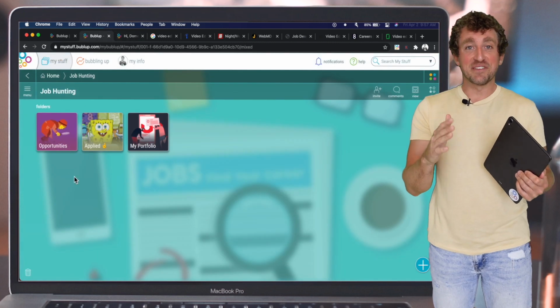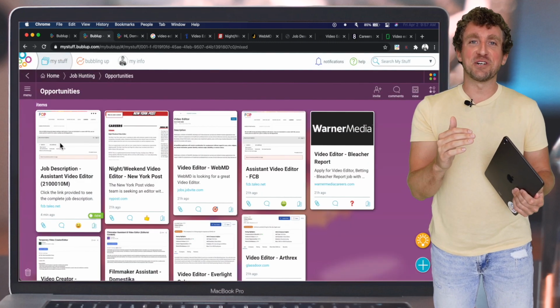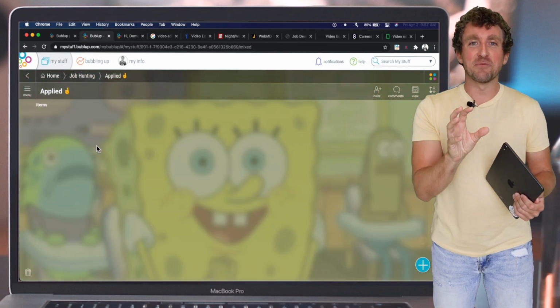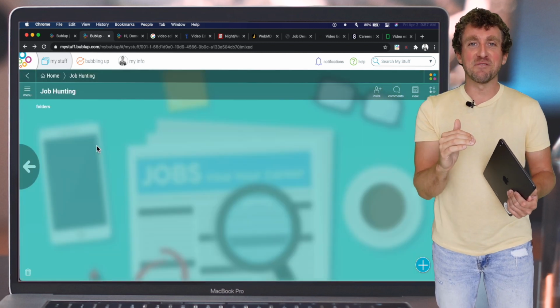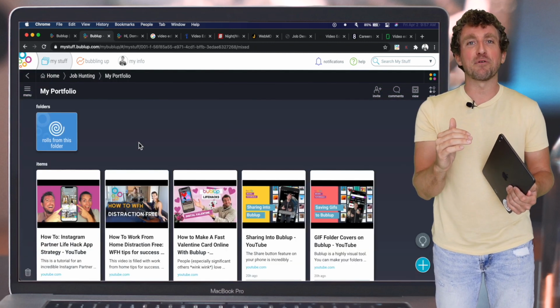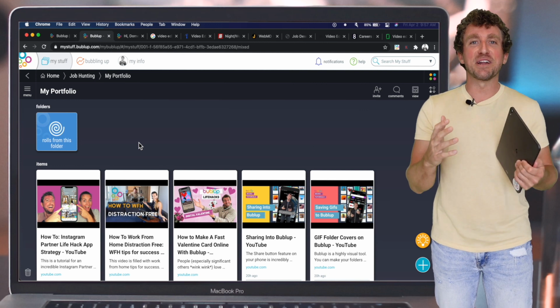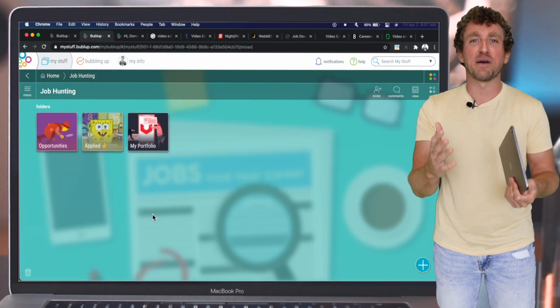So that's my 5 tips. In a nutshell, you're organizing your job hunt, you're placing all of the job ads in one spot, you're keeping track of all the conversations that are happening, you're keeping track of the process that you're in, the interview, and you're creating a portfolio to deliver to all your prospective employers.